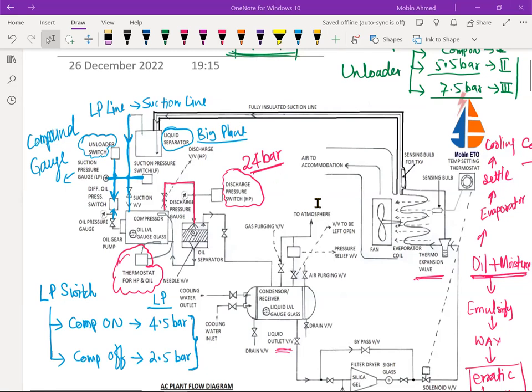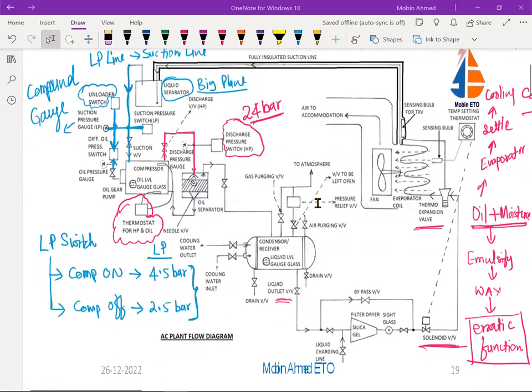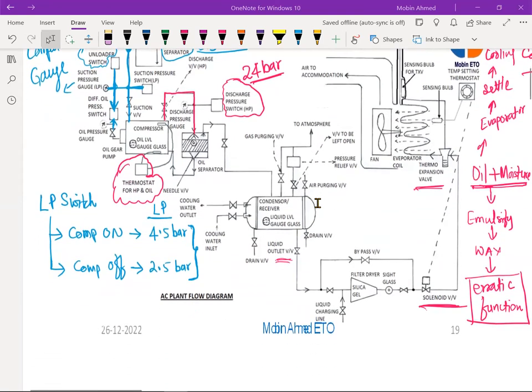Okay. Now next, from here, the vapor. This vapor is going to be high temperature and high pressure. Already we have discussed about this. So this is the high pressure, high temperature. From here again, it is going to come